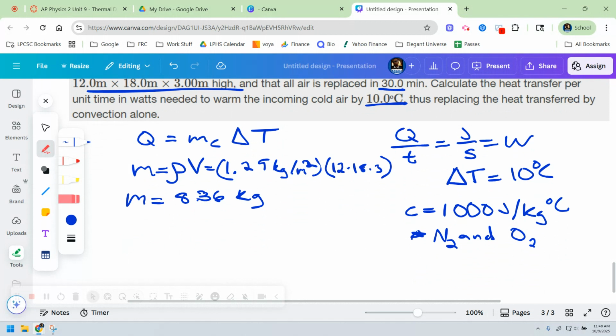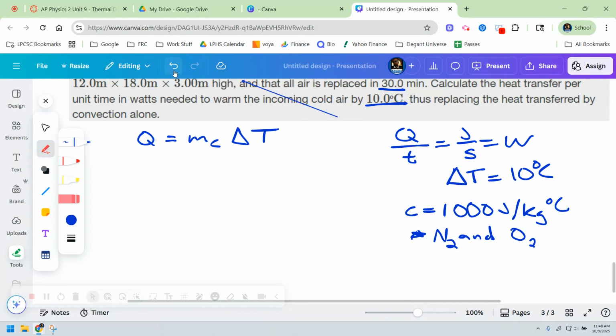I can find out the heat, which is Q, and then the time is just 1/2 of 3,600 seconds, right? So remember that 1 hour equals